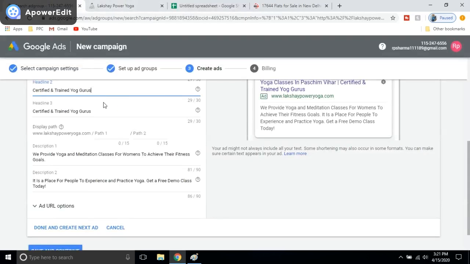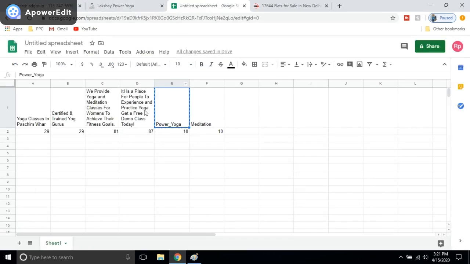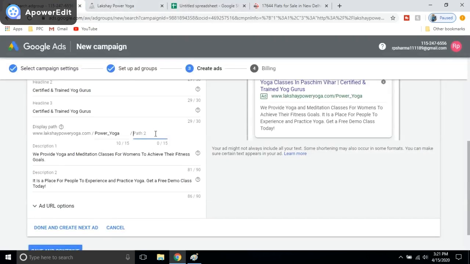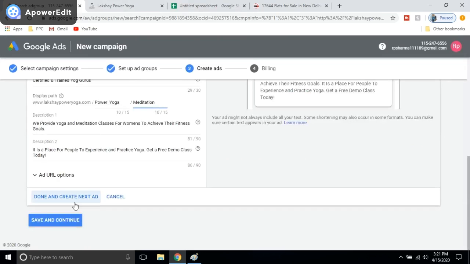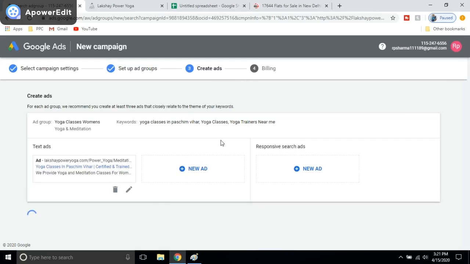Whenever you create any ad, we try to occupy maximum space in the ad because it is effective and eye-catchy. The character limit for the paths is 15 and 15, and our path 1 and path 2 are taking only 10 characters. That's okay. We will proceed with save and continue.